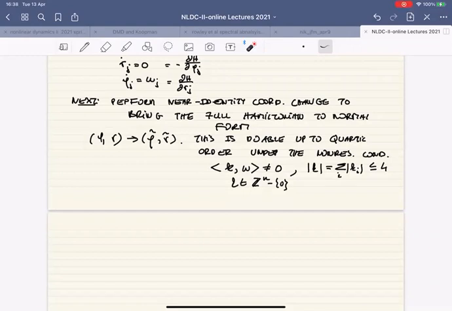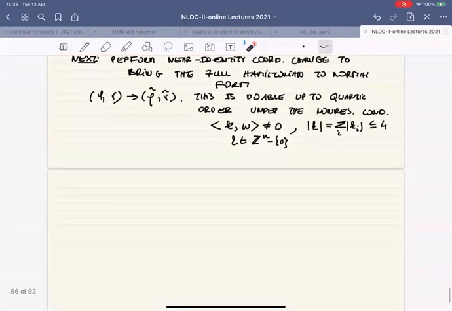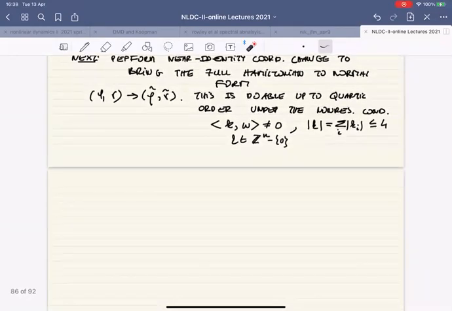When it doesn't even have to be that large, right? 13. One of these 13 times the other. That's okay. It's just that it cannot be a low order resonance. So it cannot be a 1 to 2, 1 to 3, and so on. None of these strong resonances. Then under this condition, actually the normal form